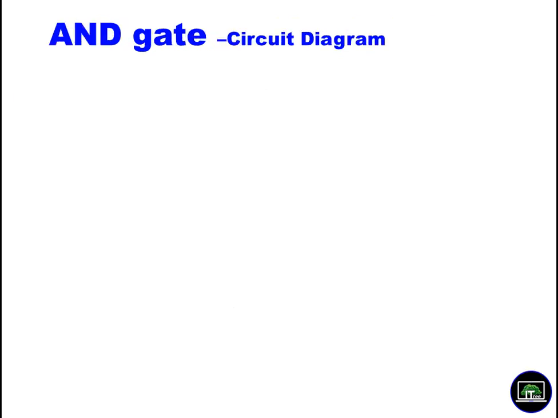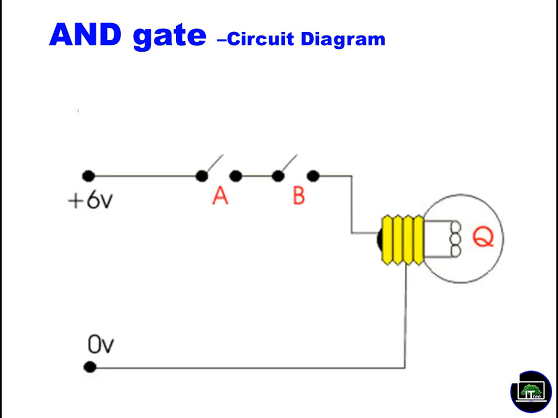Okay, now we try to understand first the AND gate. So we try to mimic this with a simple diagram which maybe you are familiar with. You are familiar with this circuit. This is a serial circuit. To make the light on, you must put both A and B on. The light becomes on only when A and B are on.